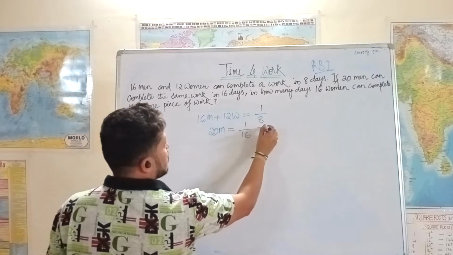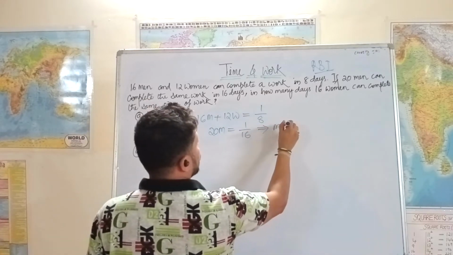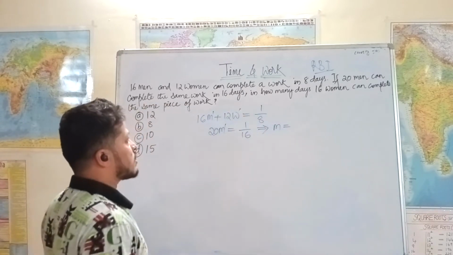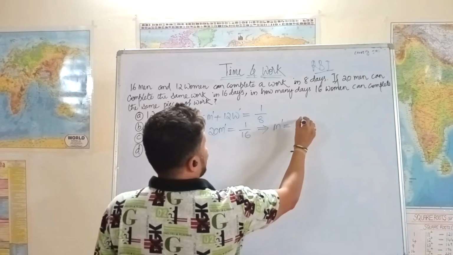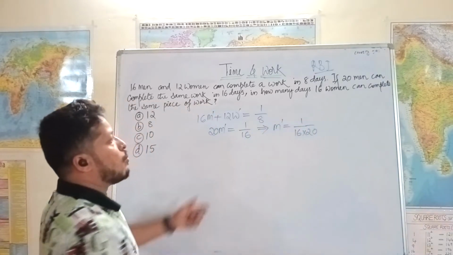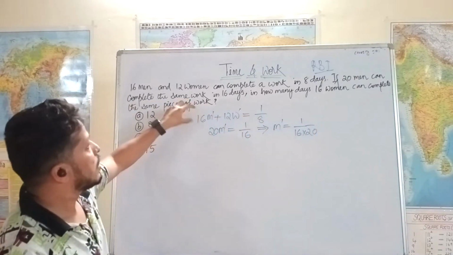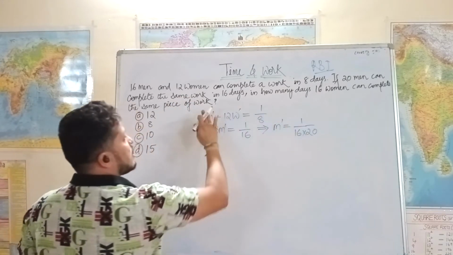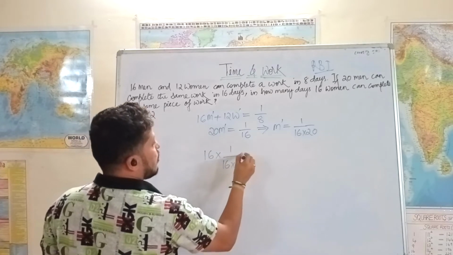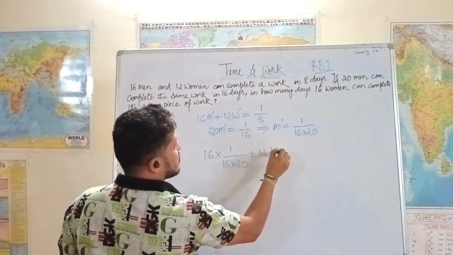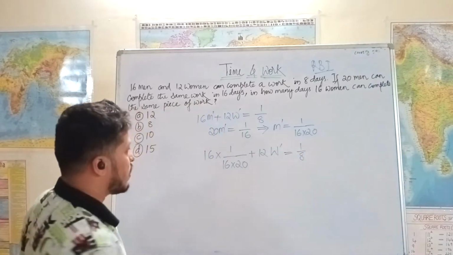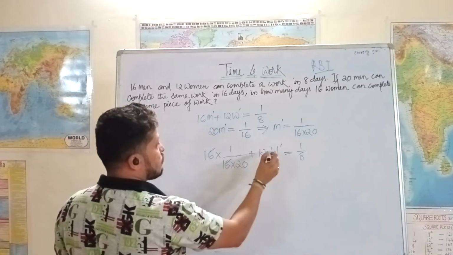So from this equation we can find m, or m dash, whatever we normally put. So m dash is equal to 1 by 16 into 20. So this is one man's 1 day's work. If you substitute this in the first equation, then it becomes 16 into 1 by 16 into 20 plus 12 women's efficiency, which we don't know, we'll leave it as is, equal to 1 by 8. Right? So this 16 gets cancelled. So what we are left with is 12